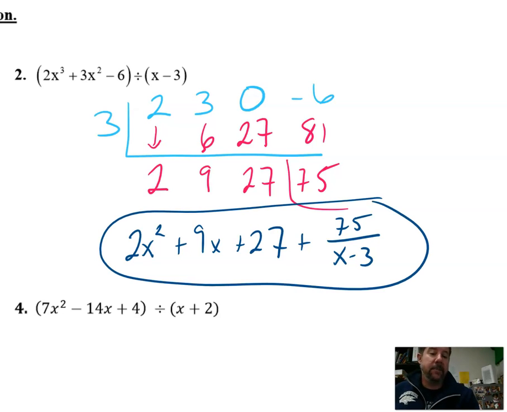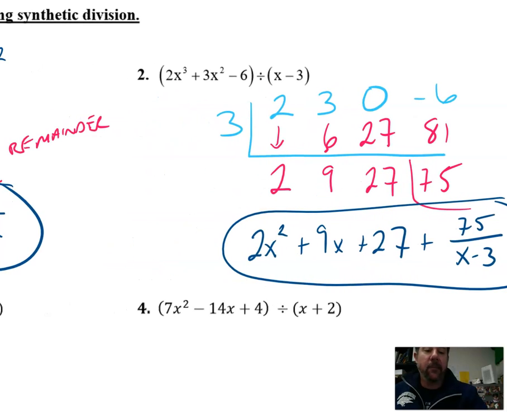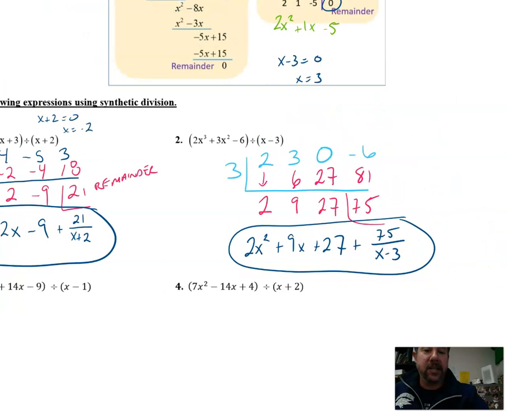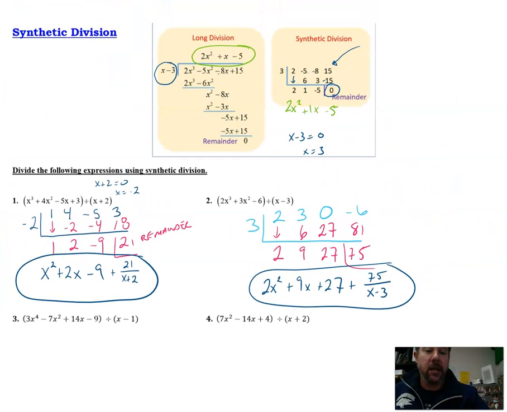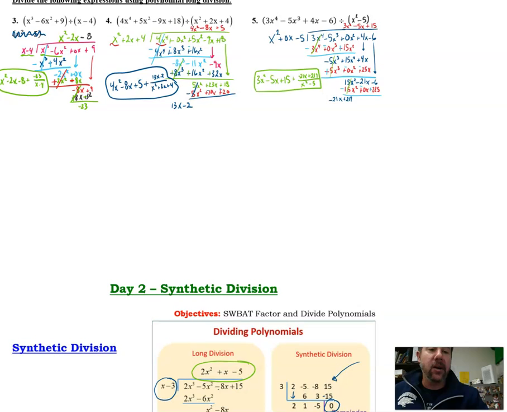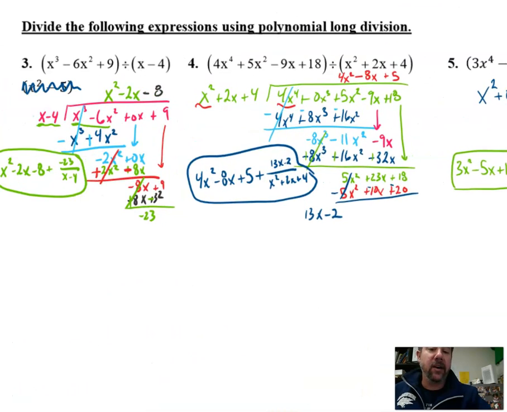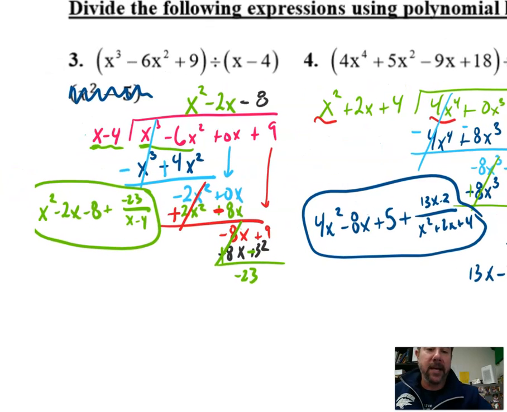Alright, easy peasy lemon squeezy. Again, today you tend to like a lot better than the first day of the long division. Long division's a little bit tougher. Now, again, the reason we still need long division though, if we look at yesterday's notes real fast, why didn't we always use synthetic? Well, synthetic, again, is only good if you're dividing by a linear number. If we look at our work from yesterday here, so like number 3, I could have used synthetic division,